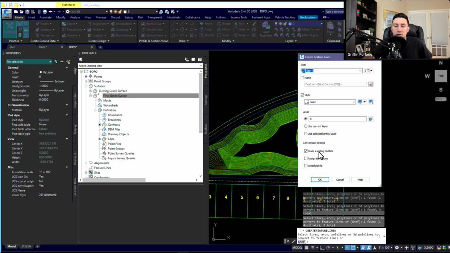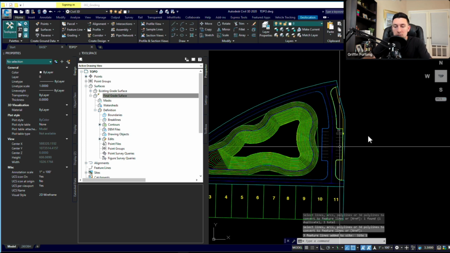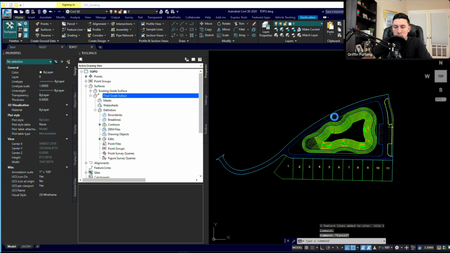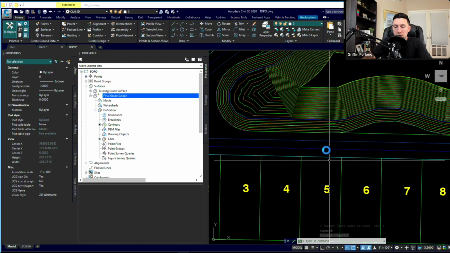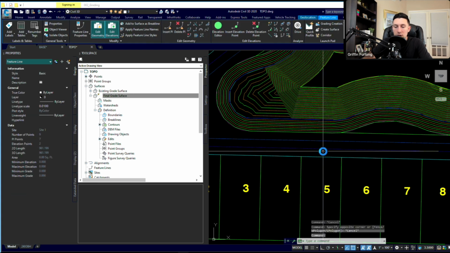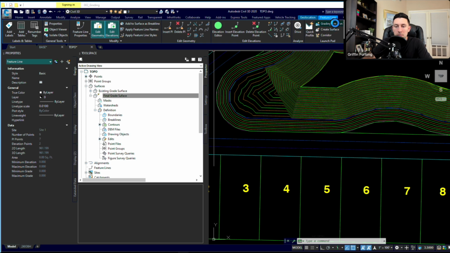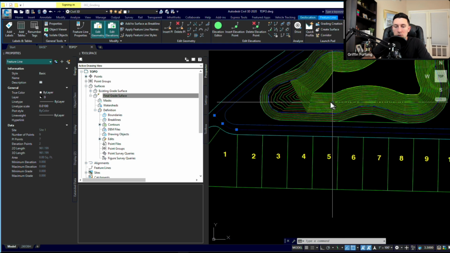Now, do I want to erase the existing entities? You can if you want. If you're okay with losing those center lines, you can. I'm actually okay with losing these center lines right now. Now notice how they turn blue. So that means that they've obviously changed to something. So it looks like they have now changed into feature lines because when I select it, I get a different dialog box up here. I get feature line, and it looks like I have a couple of different things that